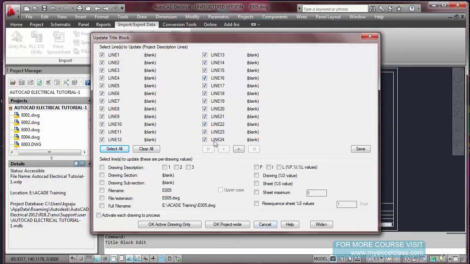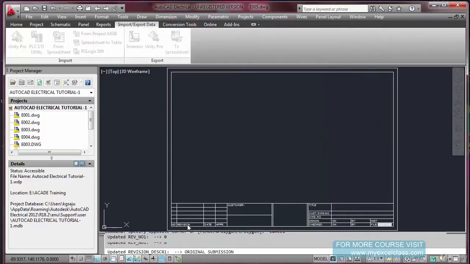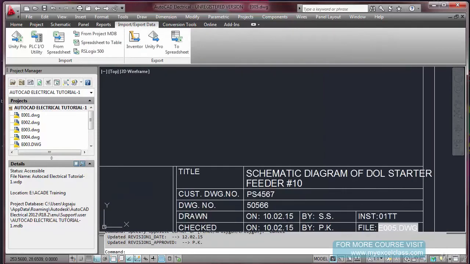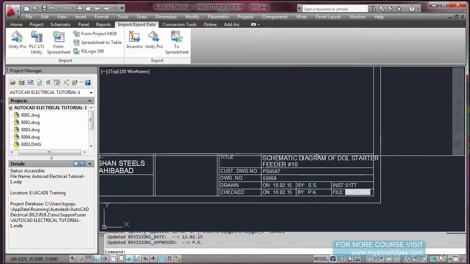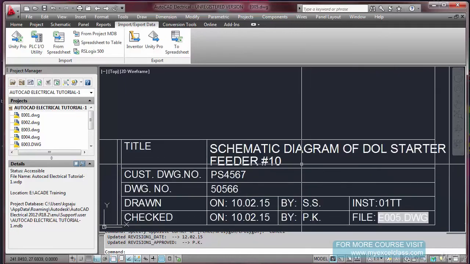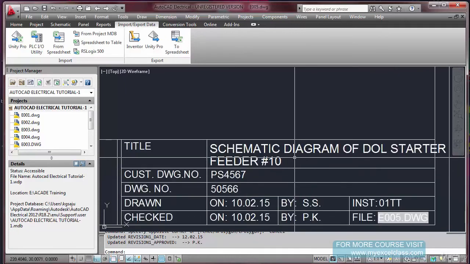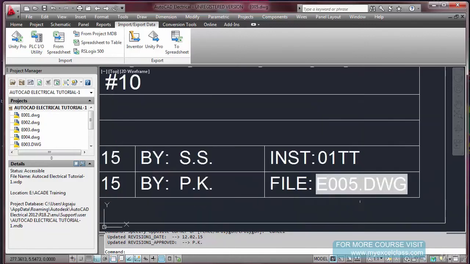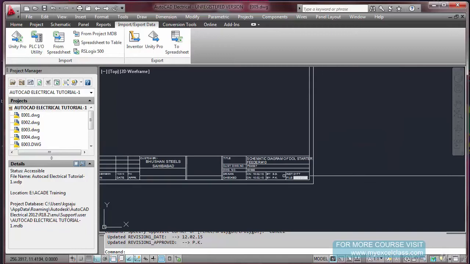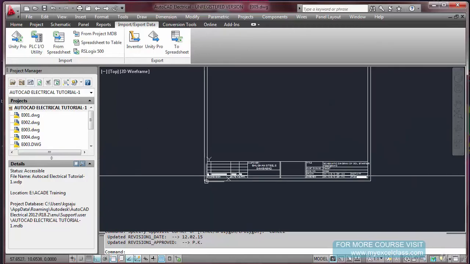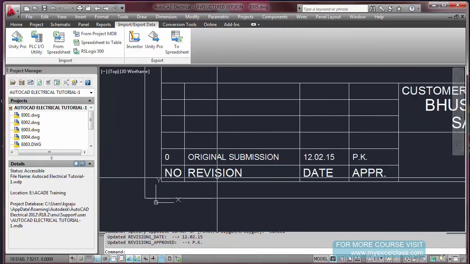For example, okay, let it be here. Okay, active drawing only. See now, schematic diagram of DOL starter, feeder number 10, drawing number, installation, drawn date, drawn by, checked by, Bhushan Steel Sahibabad, revision number is here,